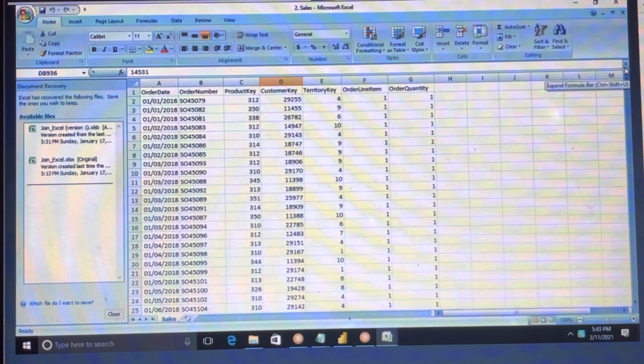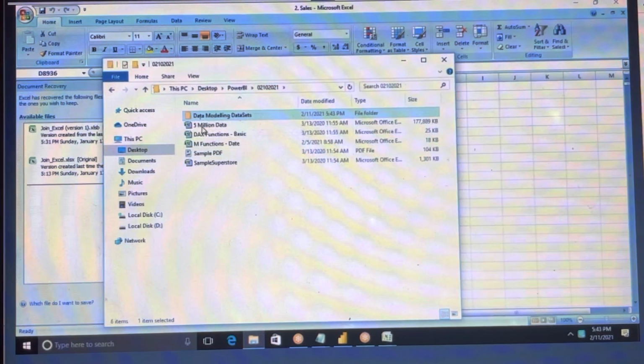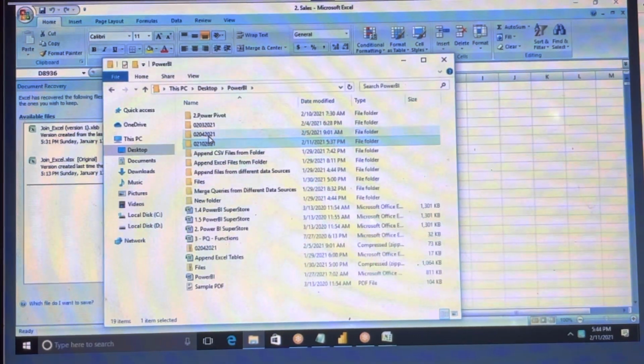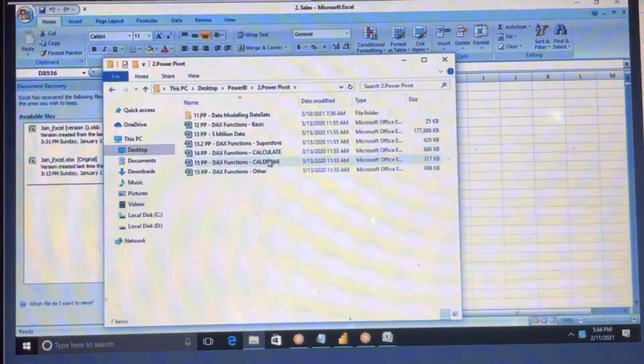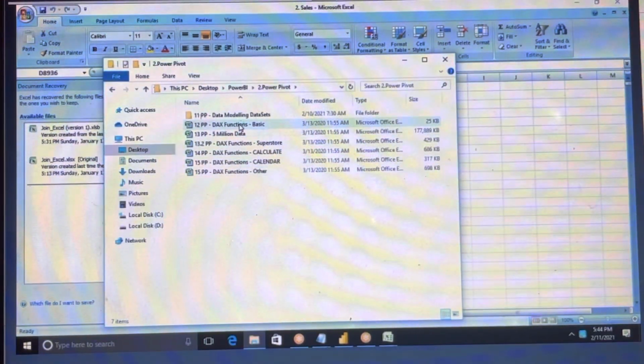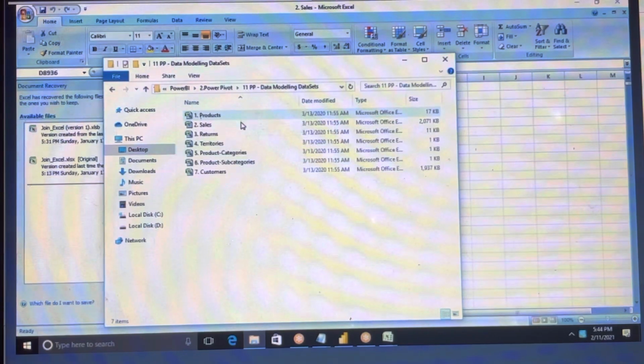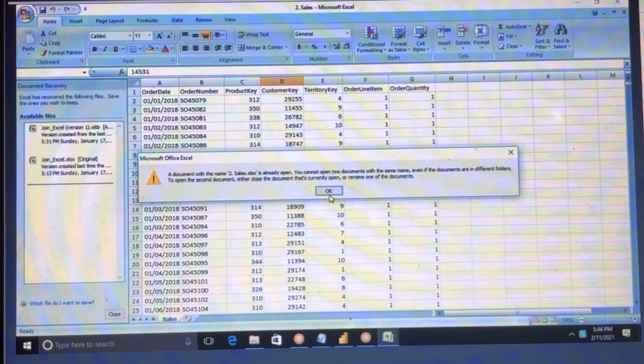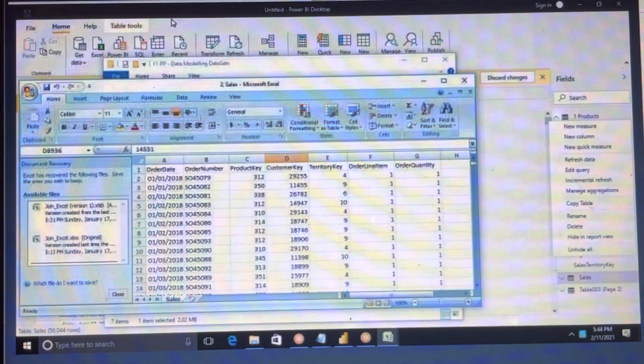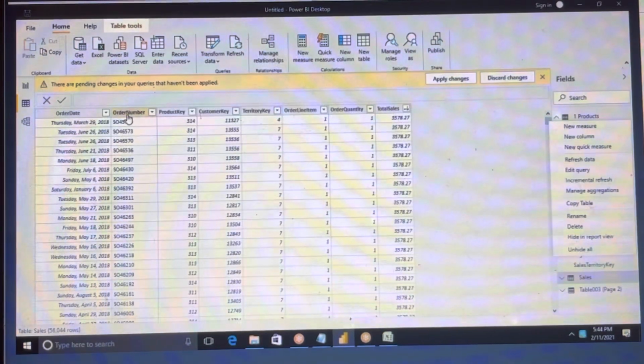So what we have here, order quantity we have, product A and so on.